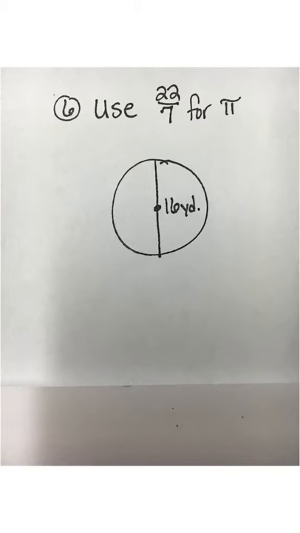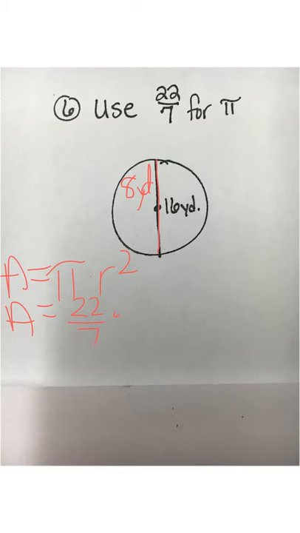For number 6, you're going to use 22/7 for pi. Notice again that we have a diameter here and we need to find the radius. The diameter is 16 yards, so the radius is half of it, which is 8 yards. For area, you're using pi times r squared. When you plug it in, it will be 22/7 times 8 squared, and your answer will be